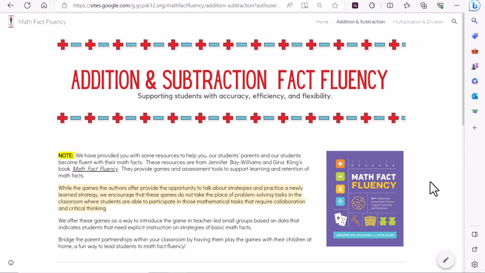These resources that I'm going to show you are from Jennifer Bay Williams and Gina Kling's book, Math Fact Fluency. They provide games and assessment tools to support learning and retention of math facts. While the games the authors provide give us the opportunity to talk about strategies and practice a newly learned strategy, we encourage that these games do not take the place of problem-solving tasks in